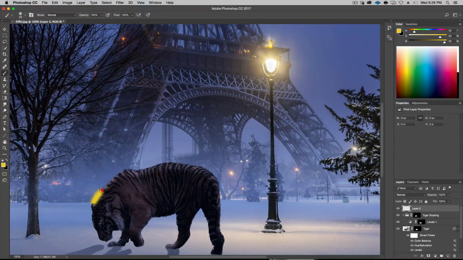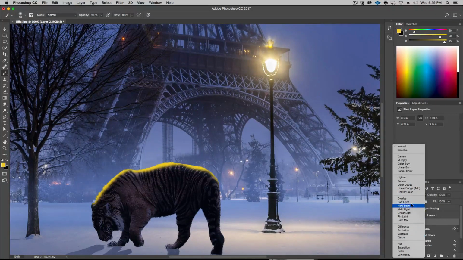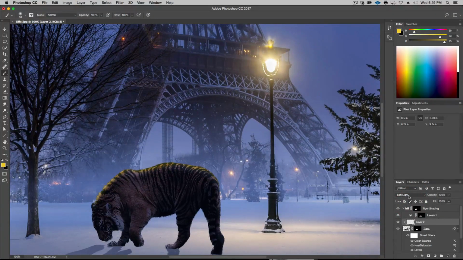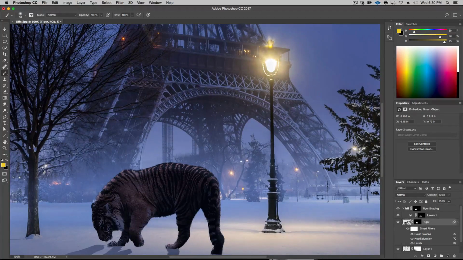And let's just go ahead and brush on him. This looks pretty crazy right now, but we'll fix it in a second. I take it down to the tiger, okay? And I hold down the Alt key, which locks it to the tiger only. And then here, let's try soft light. It's pretty strong. Might do overlay. No, soft light was better. It's very strong, so let's tone this down to about 50%. And maybe that yellow is a little strong. Let's just delete that. Make a new one.